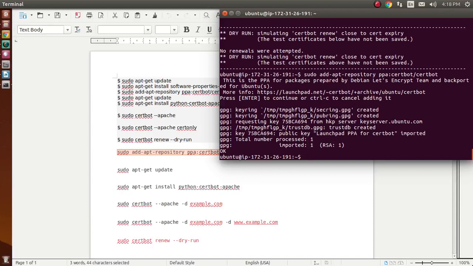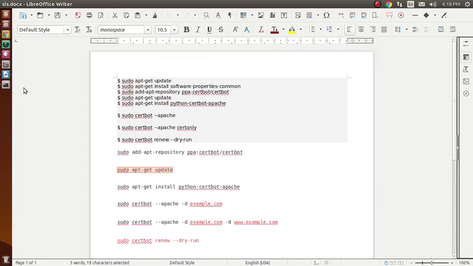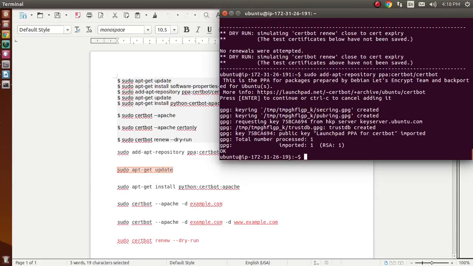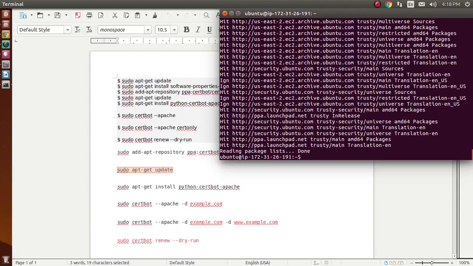Then we update apt-get, and finally install from the new repository with apt-get.